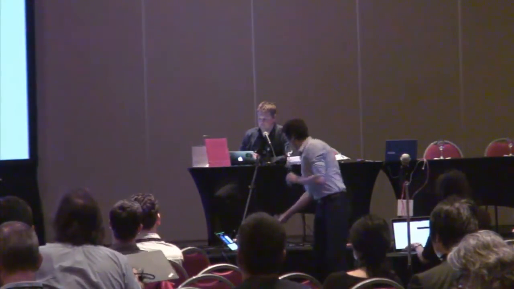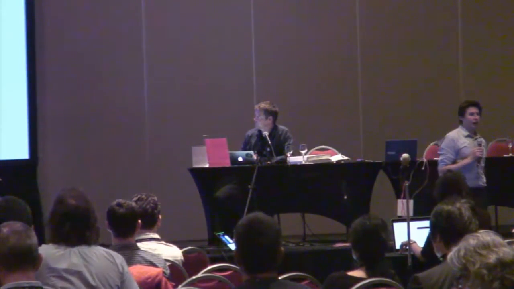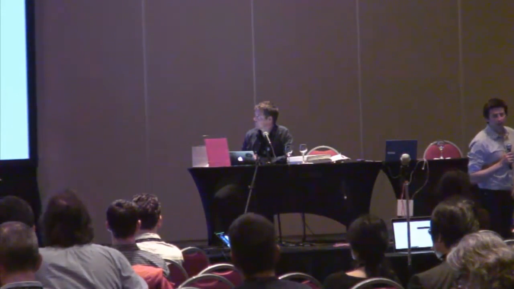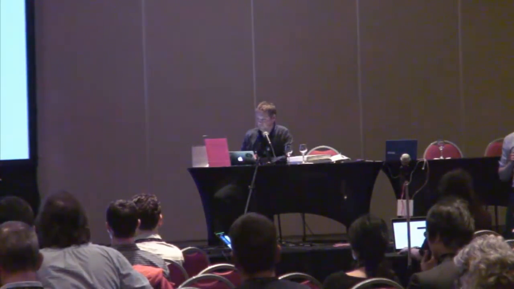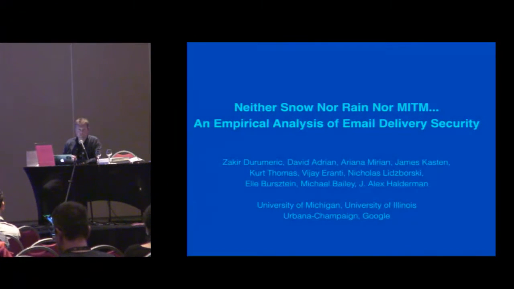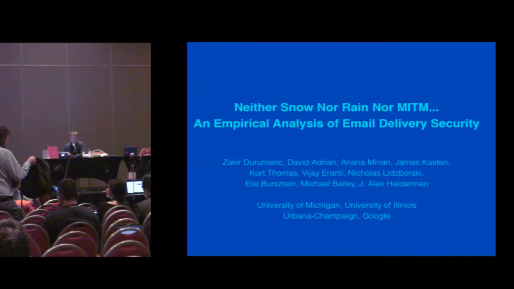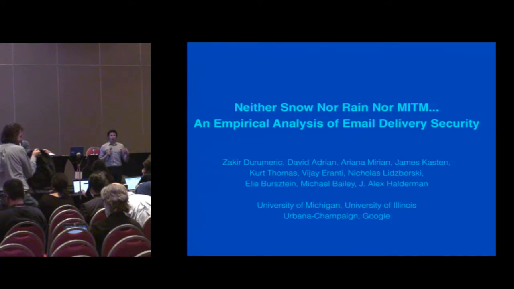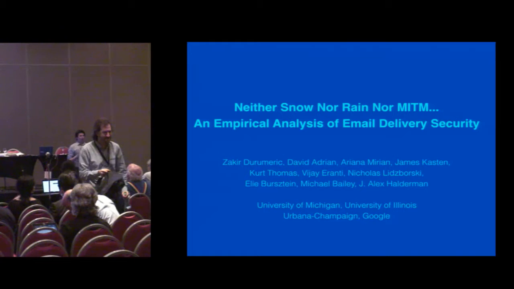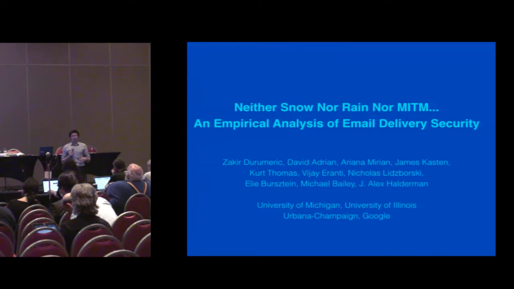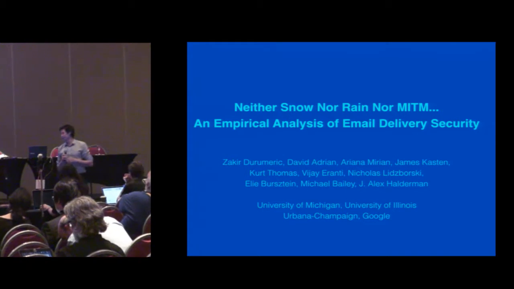Thank you. So this was a large collaboration between the Gmail and abuse team at Google, the University of Michigan, and University of Illinois Urbana-Champaign that essentially set off to say, what is the current state of email security? When you send an email, what's really happening behind the scenes? Because this is really an opaque ecosystem to the end user. Only the mail operators really know what is going on, but the end user doesn't see any indication of whether an email was encrypted or not.